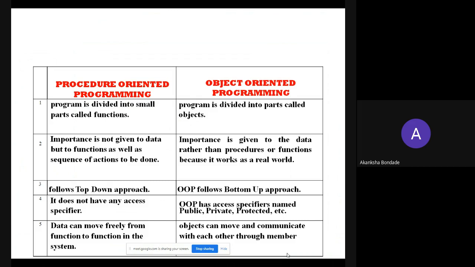Now, in procedure-oriented programming, data can move freely from function to function in the system. Okay. Now, in object-oriented programming, objects can move and communicate with each other through the members.